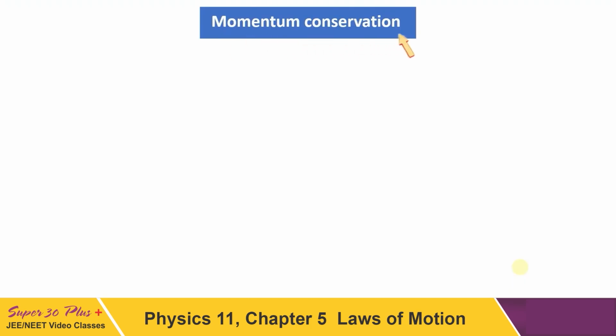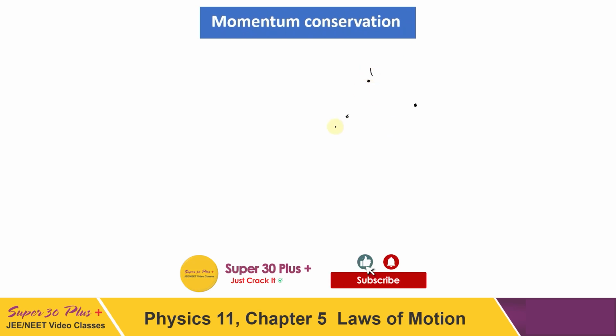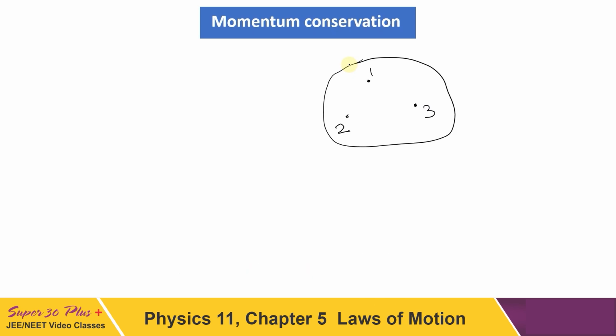So to prove this, first let us consider a 3-particle system. Let that be particle 1, 2 and 3. This system is physically isolated from all other objects, from all the surroundings. Only these 3 particles are there in the considered system. Then if we write force for this system, it should be written as F is equal to dp by dt. Here this dp by dt is the rate of change of momentum for the entire system.